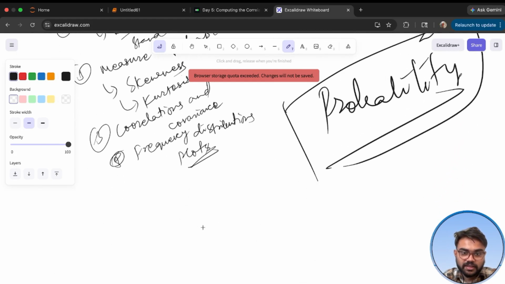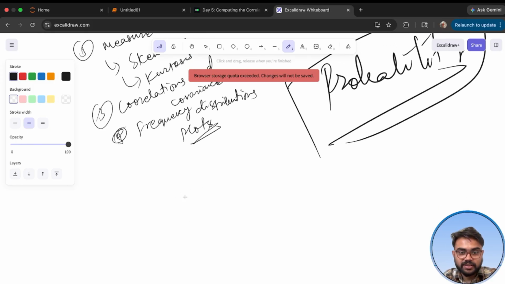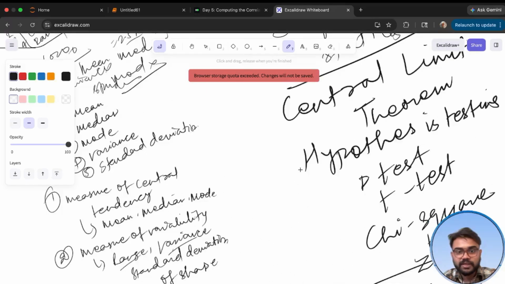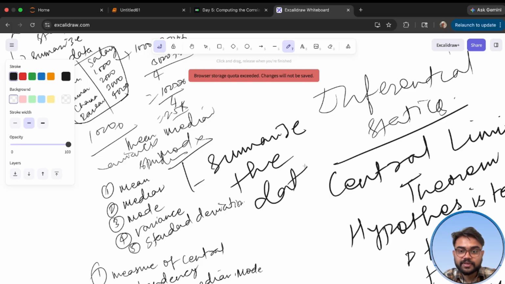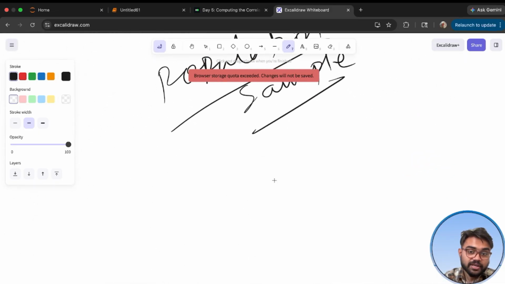So here in this case, before proceeding to the descriptive statistics and inferential statistics, we should know about population and sample. Simply I'm going to explain it. What is the population, what is the sample? And before that, if someone is going to ask you what would be the descriptive statistics, how can you define it? Simply you have to say, in descriptive statistics we are going to summarize the data in a meaningful way, so that we get the proper meaning from that data. That is the descriptive statistics. And what is inferential statistics? If someone is going to ask you